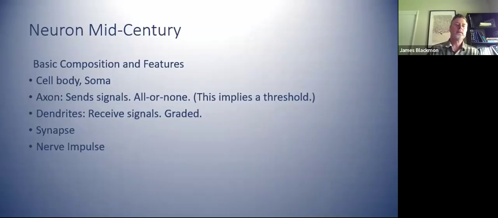Good. Let's learn some real basics about the neuron. The neuron has a cell body, also known as a soma. That's Latin for body. And then it has an axon that sends signals. It sends what they call an all or none signal. It's either firing at a certain amplitude or not. And so that implies that there's a threshold. And you never get